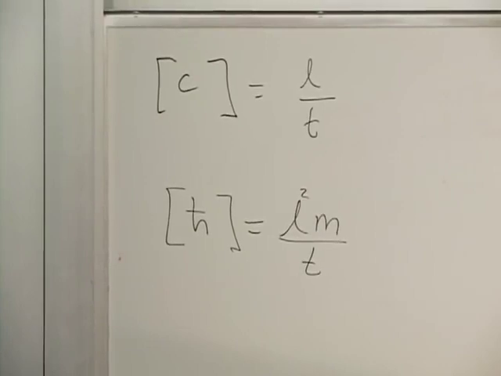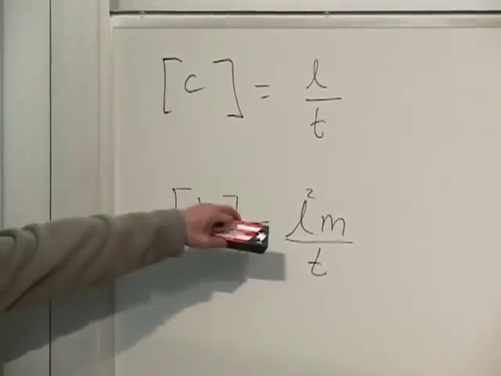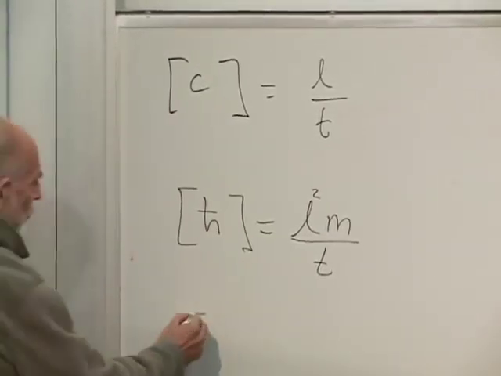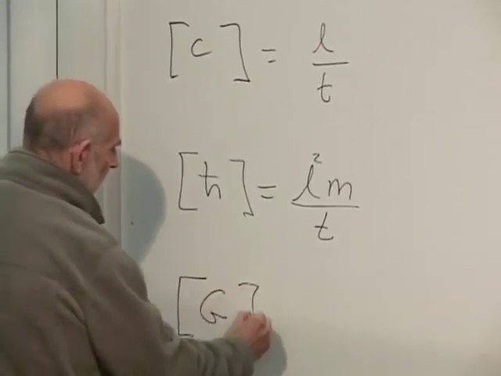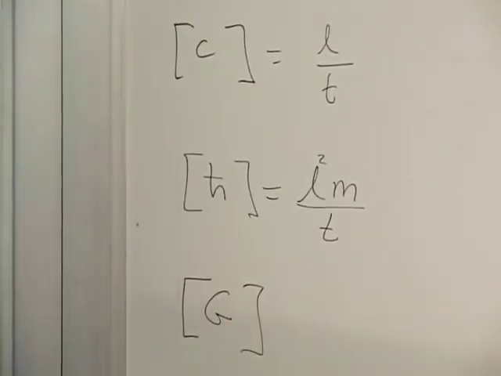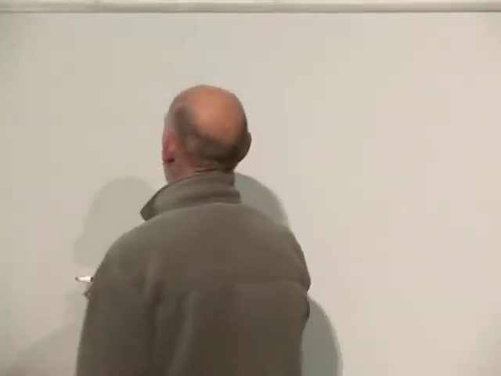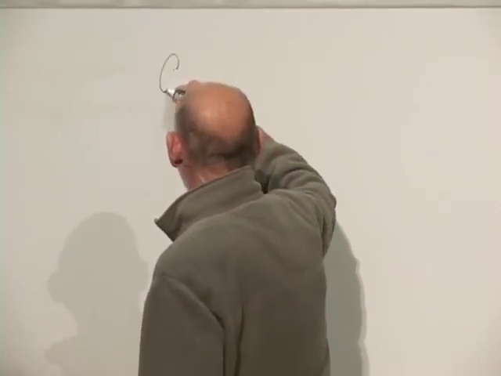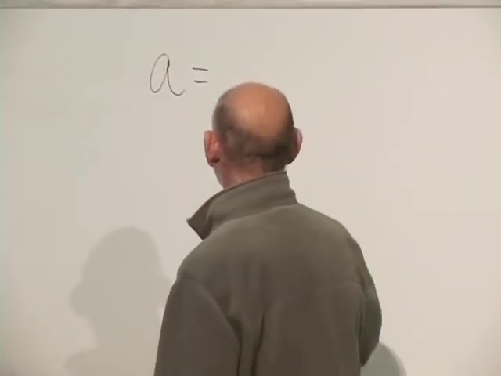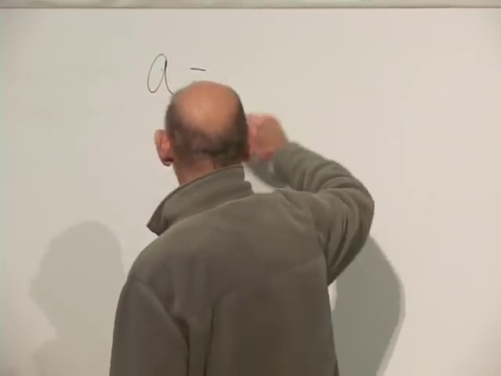And the last one, the one that I can never really remember, is G. But how do we figure out what the units of G are? Yeah, we use one of the equations that G appears in. All right, so here's an equation: acceleration equals, yeah, we'll get that in a minute, but it's equal to